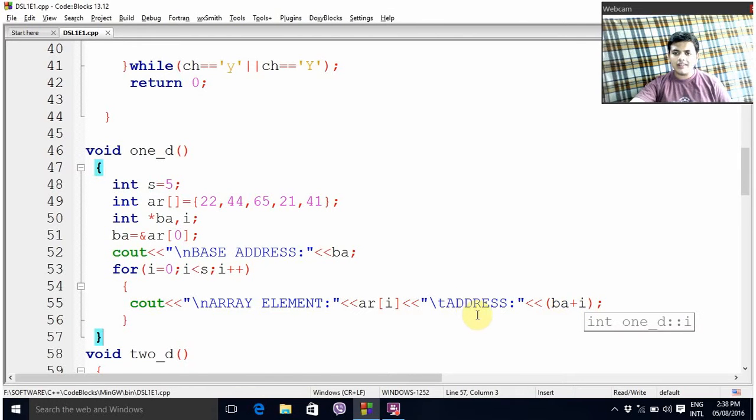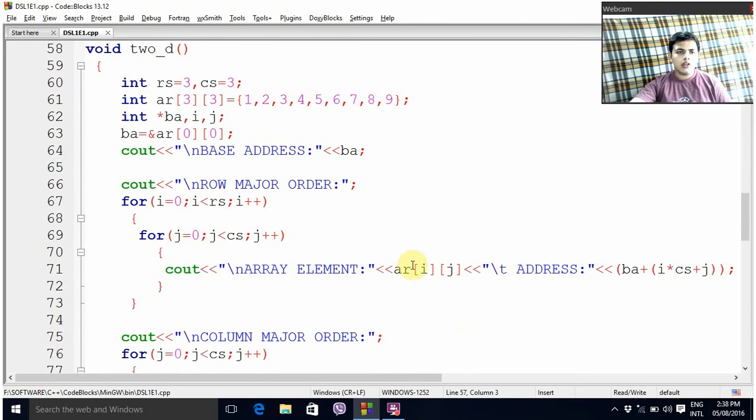So this is for 1D, and the logic for 2D is the same. The difference is that here I have created a 2-dimensional array of data type integer, and the base address is the address of the first memory cell, that is ampersand of AR of 0 0.